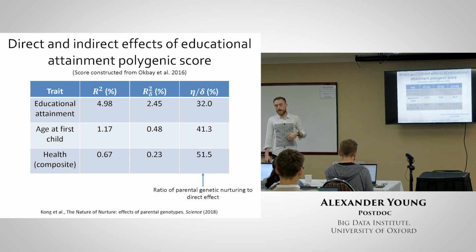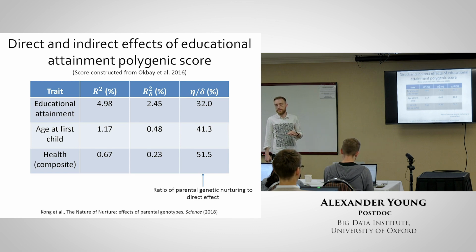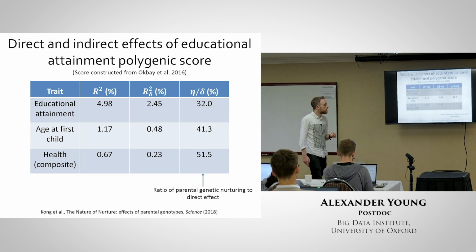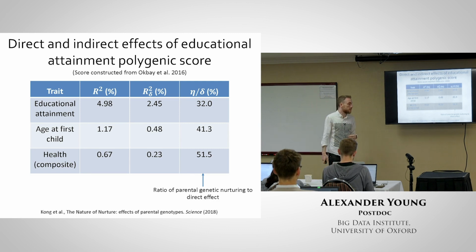So I don't think we had the age at first child score when we were doing this paper, but we have done that analysis, yeah, and you see similar results. The age of first child score and the education score are pretty correlated, I think, for one. So you see somewhat similar results. So yeah, that's just a point that these genetic correlations can be driven by these indirect effects through the family, not simply the direct effects.